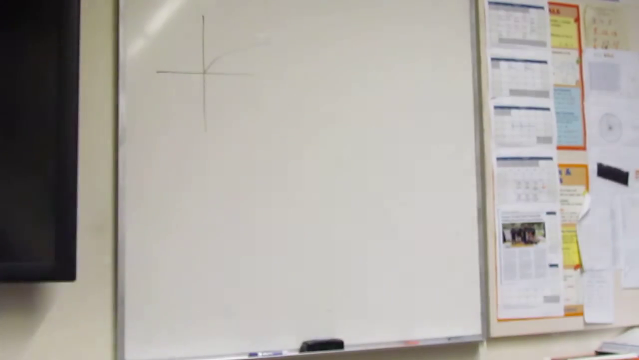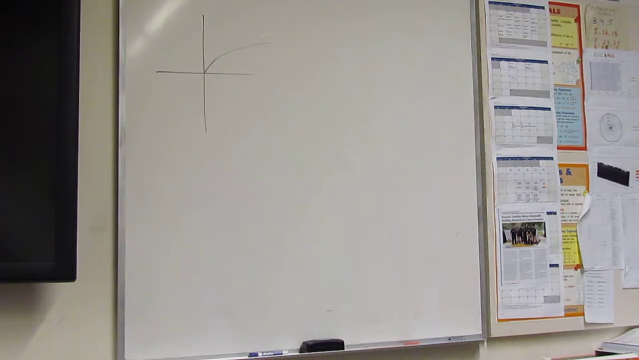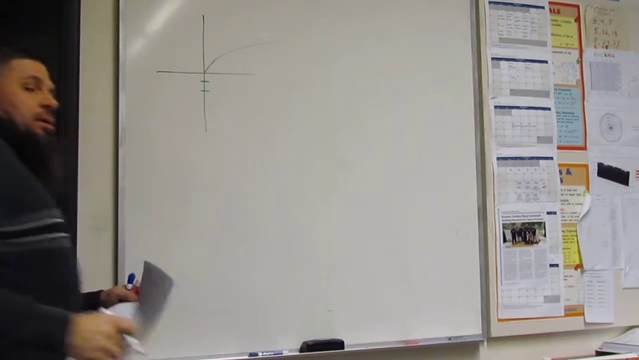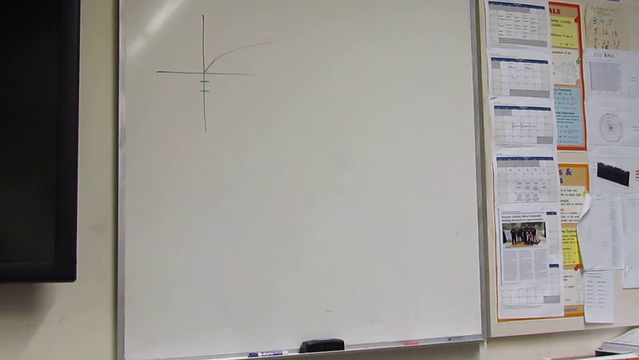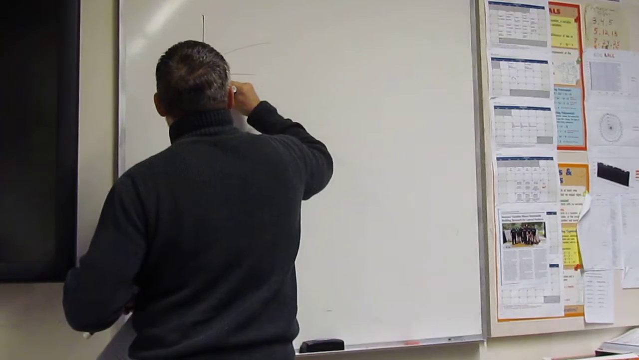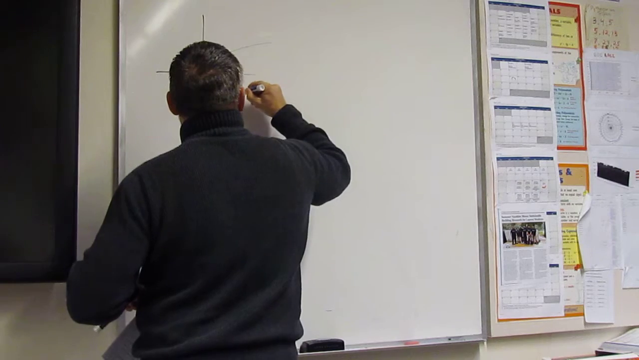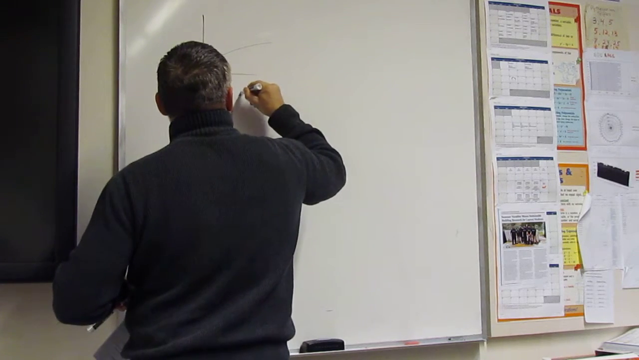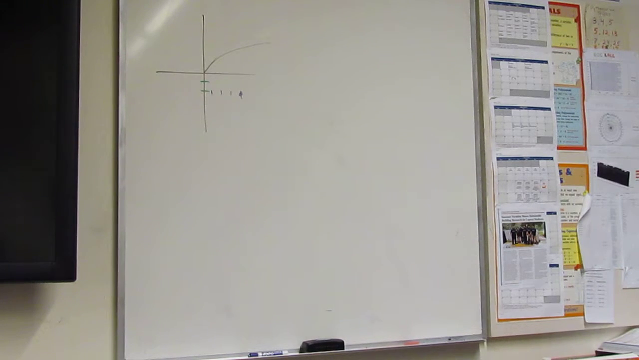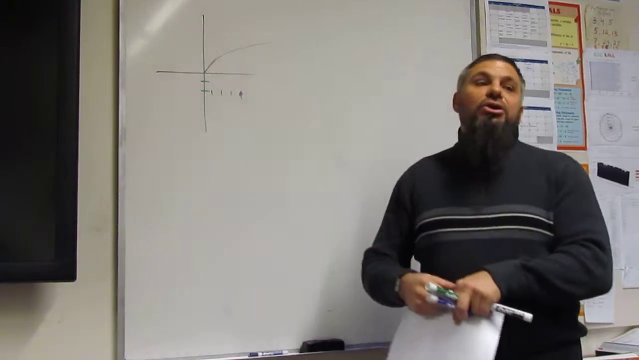It says shift the graph down 2. 1, 2. And then it says right 4. 1, 2, 3, 4. So right here, okay, right, Jordan? Right here, we're going to make the new